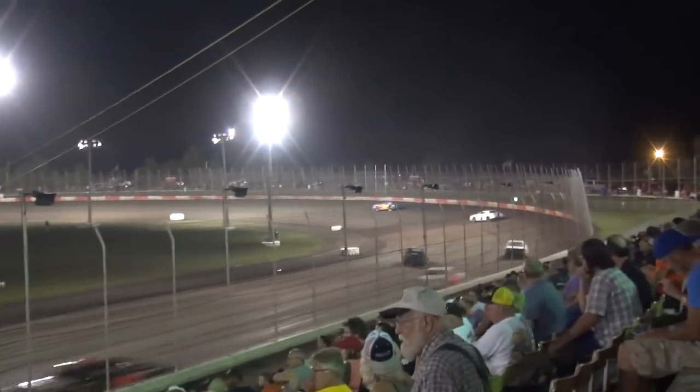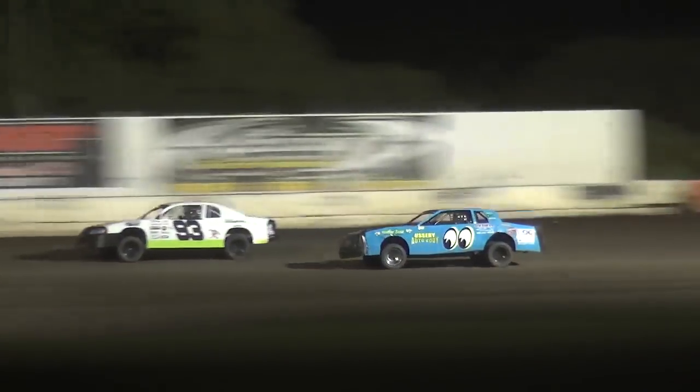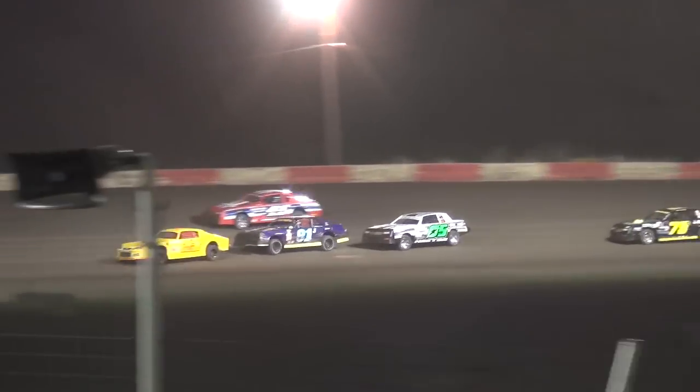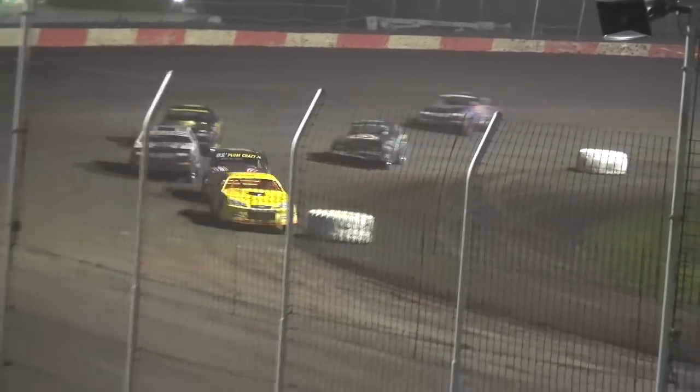So the differential that time was 1.009. Let's keep that in mind as we keep an eye on this field. 1.009, your differential on that particular lap. Good racing, 3 wide off of corner number 2. Down the back straightaway, that battle for 7th, 8th, 9th as Brett Heater tries to collect his way into the top 10. Having a look at the differential this time,